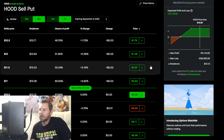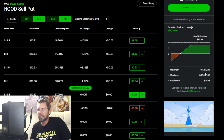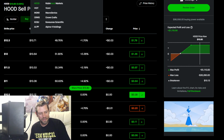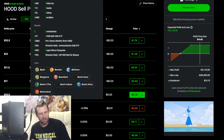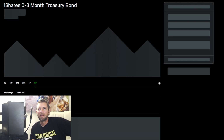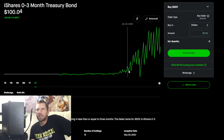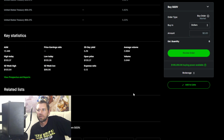So moving on, I'm going to sell 10.5 put options. Like I said, the profit is $1,110, so we're going to write that down. And then we're going to get at least a 5% yield off of, let's say, SGOV. Let's see what it's paying right now. SGOV is an ETF that is paying a dividend similar to the 1 to 3 month treasury yield at the moment, which turns out to be about